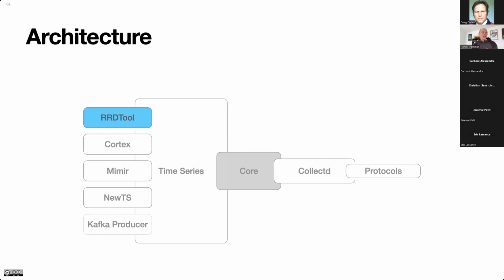RRDtool is the easiest one because it's just creating files on your disk. It's very low maintenance, so it's not very complicated. With Cortex, Mimir, and Newts, you're building really dedicated clusters and very scalable systems to store a lot of time series metrics over time.